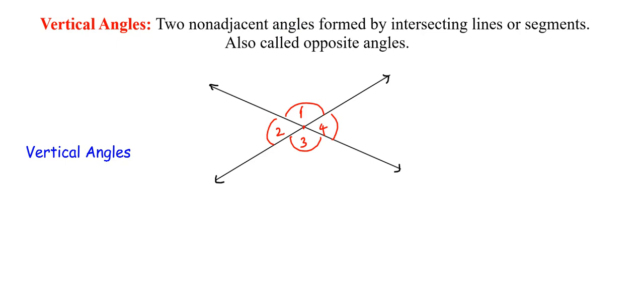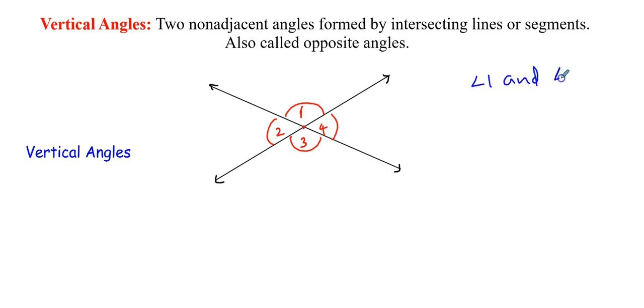Now, out of those, 1 and 2 forms a linear pair. We have studied about it already. 1 and 2 is a linear pair because it is a straight line. And in the same way, 2 and 3 forms a straight line. But if you look at angle 1